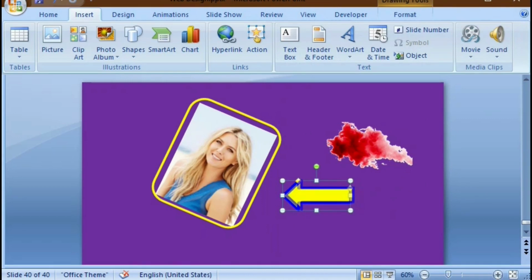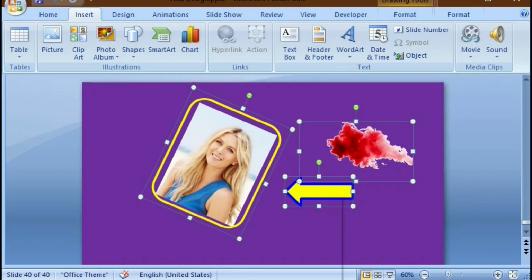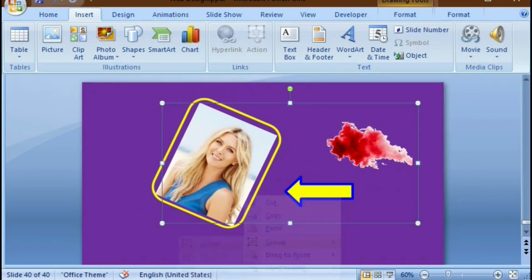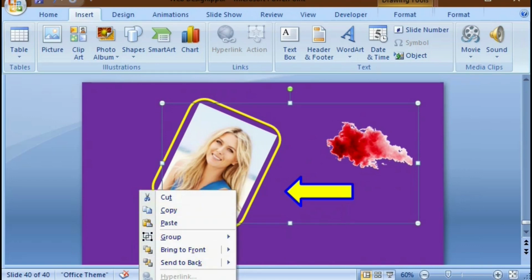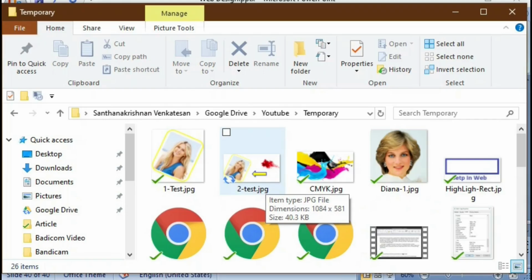Also, you can insert any shapes with a different color format. Then you can combine all these images into one. For that, again, you have to select all the images, then make them a group, then save as a picture. Like that, we can do all types of edits in the existing image to our requirement. The only drawback in this one is that it will not increase or decrease the pixels in that image. It will always maintain the same pixels, only the image stretches.